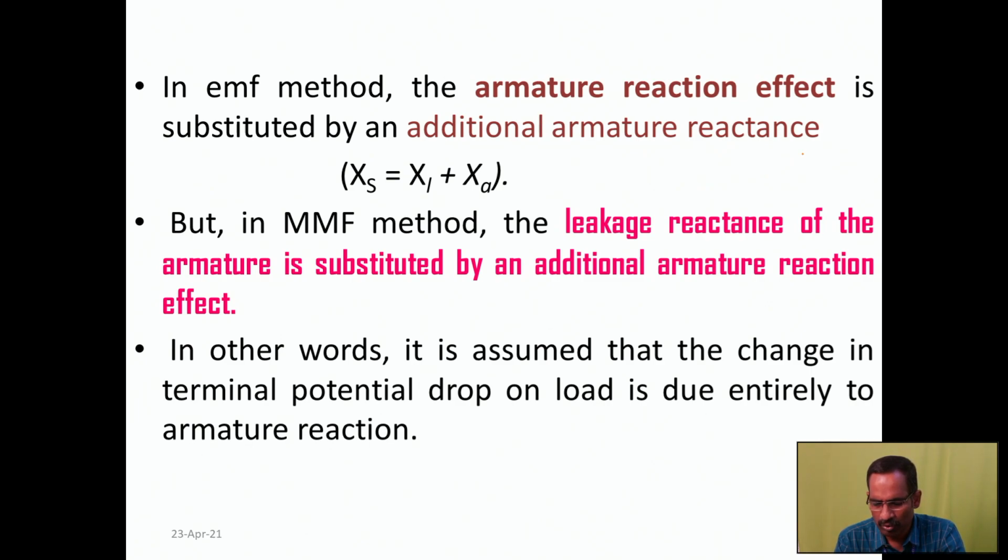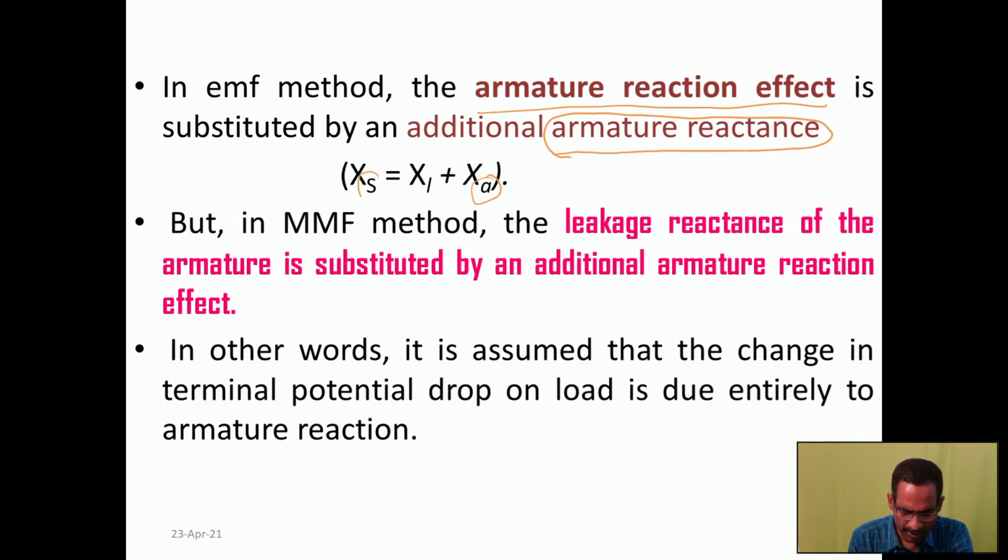So the effect which is due to the armature reaction is considered as an additional armature reactance, or we are considering that as one parameter, armature reactance. The combination of the leakage reactance and this armature reactance will give us the synchronous reactance value